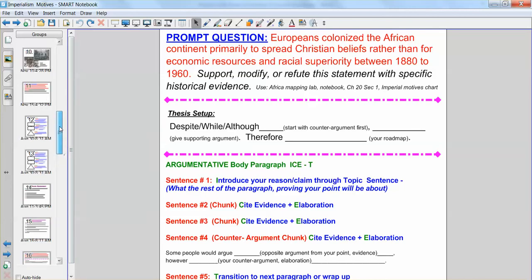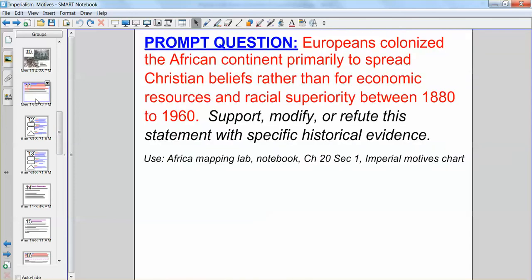Okay, so what is my actual essay, my mini essay, going to be about? Well, here's your prompt question. What I'd like you to do is take a pen, and the very first thing once you're given a prompt question is to break it down. This is what I do with my AP students, and so we're going to break it down here, writing on a couple of areas to make sure we understand it.